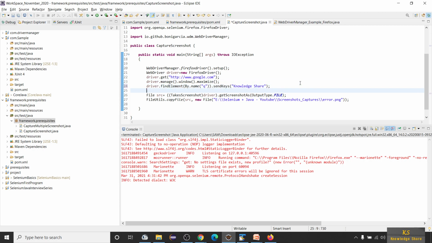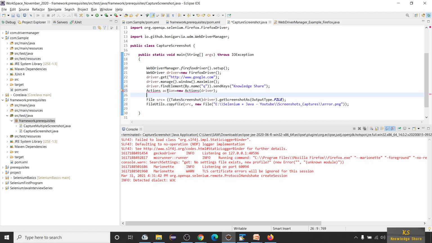Now I'm going to press enter. In order to press enter, I'll be using the Actions class. Actions action is equal to new Actions of driver. We have already discussed this earlier, what is the Actions class. So let me import this.